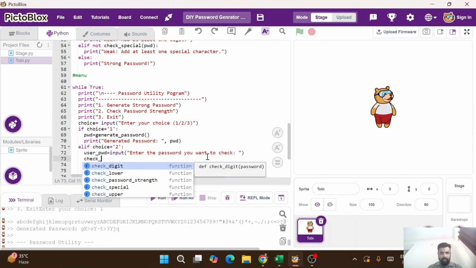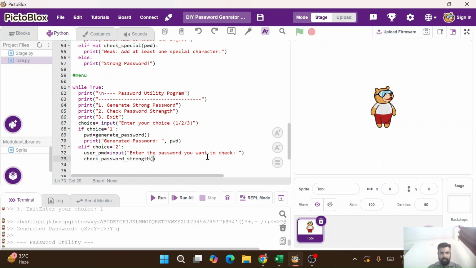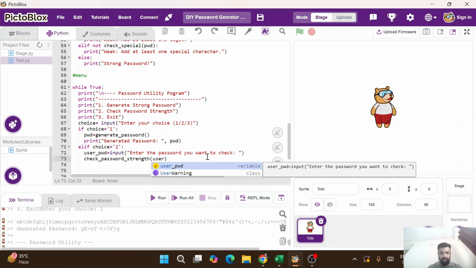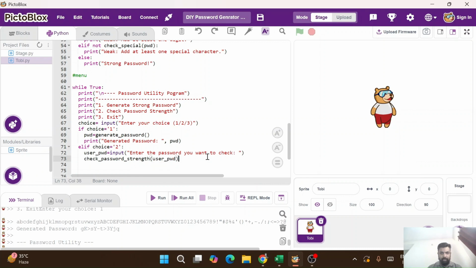So again, check password can be called. Check password string, and here we can pass the user password. The user password will be passed. Accordingly, the answer will be given. Then one more thing is left, the else condition we can put. If that is the case,